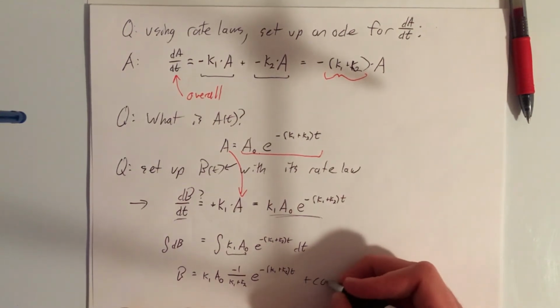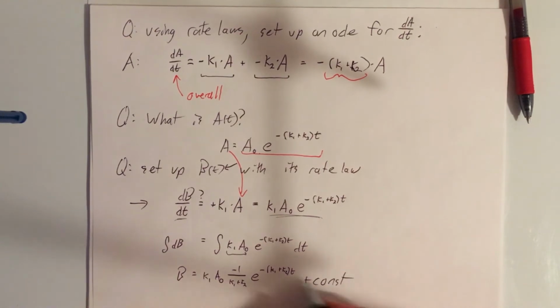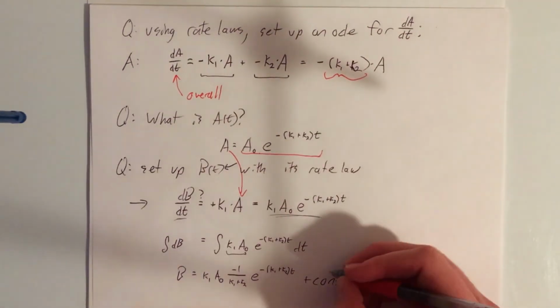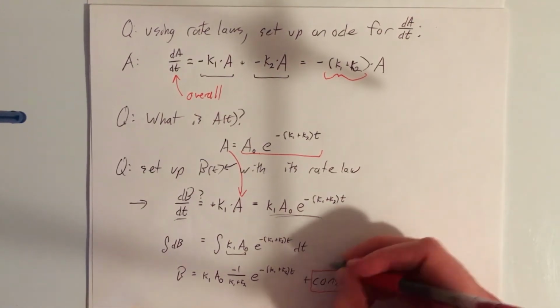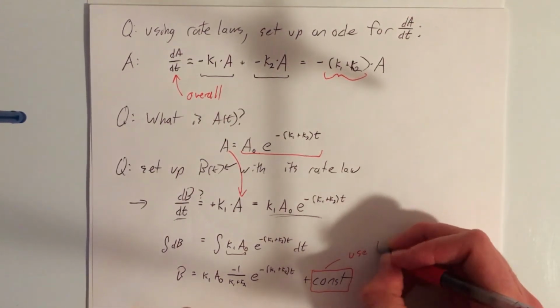And then, of course, we have our plus constant from having this as an indefinite integral. Okay, so we now have this expression, but we want it to satisfy our initial conditions. So we'll use this constant to satisfy